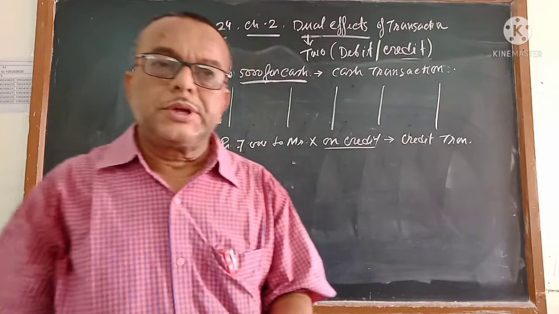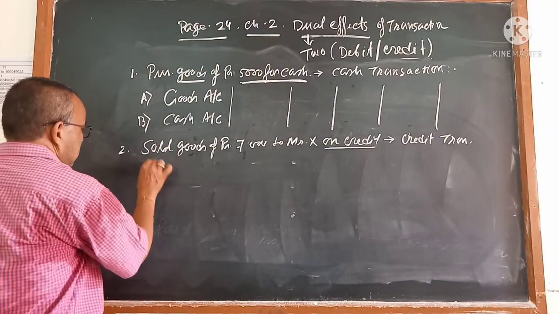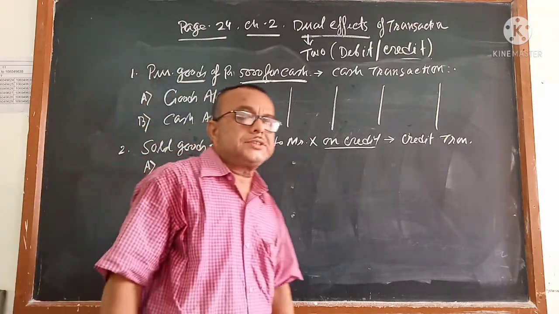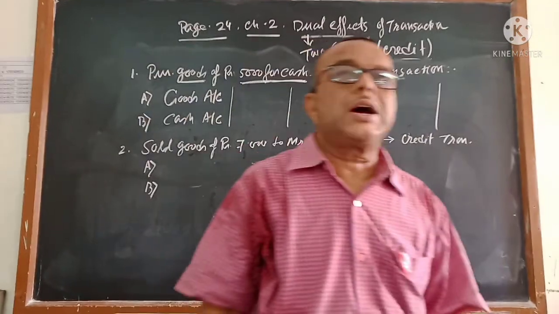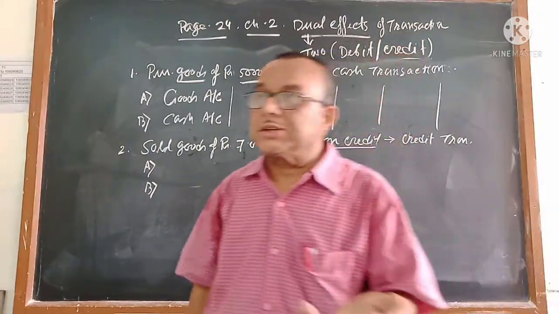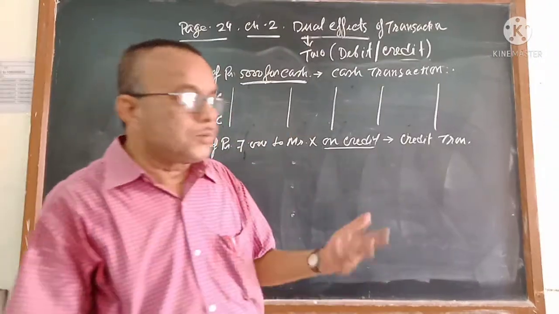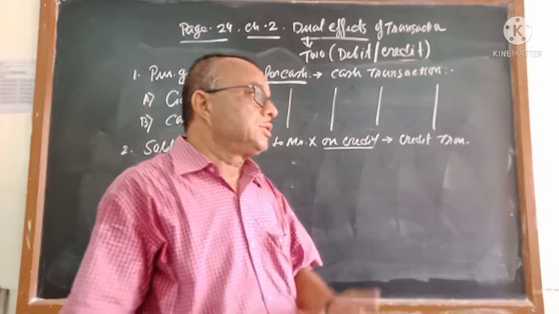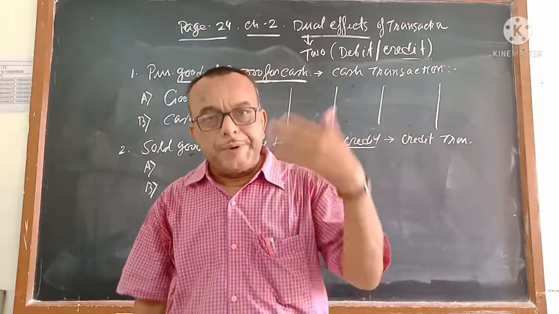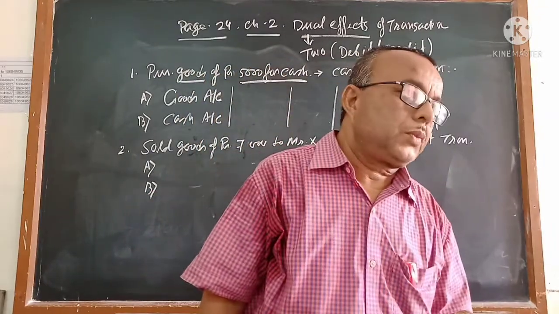Now the next step. The next step is to find which two things are exchanged. That is called effect A and effect B, the first effect and the second effect. Which two things are exchanged between these two parties? If it is a transaction, obviously there should be at least two parties, and there should be an exchange of goods and services. And if it is a transaction, it is measured in terms of money also.